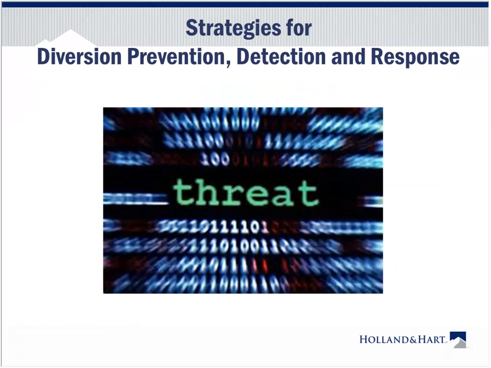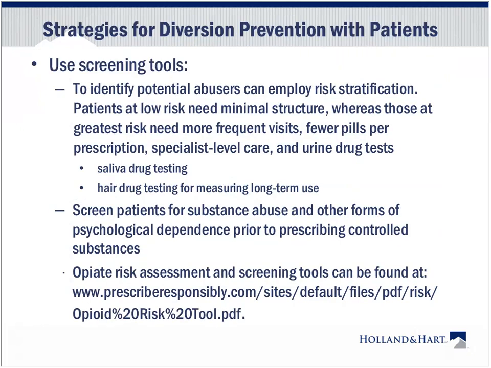All right, so now we've talked about some strategies, but let's dive in more deeply to diversion prevention, detection, and response. So here are some strategies for diversion prevention with patients. Use screening tools. When you're trying to identify potential abusers, you can try to determine what level their risk is. Patients at low risk need minimal structure, whereas those at the greatest risk need more frequent visits, fewer pills per prescription,